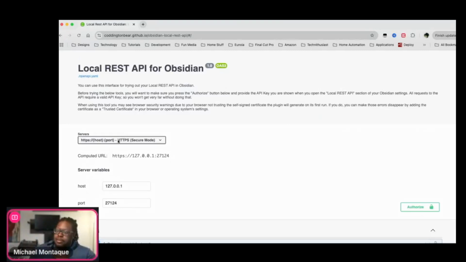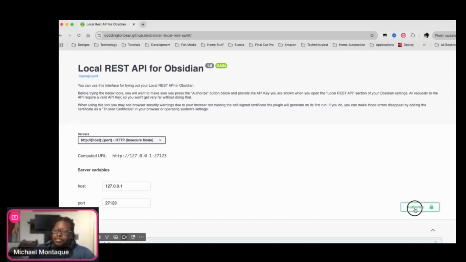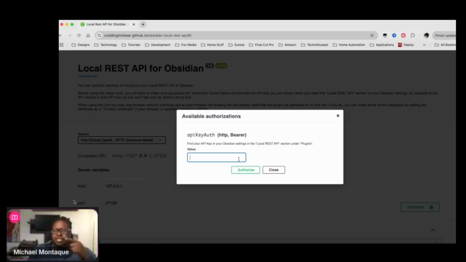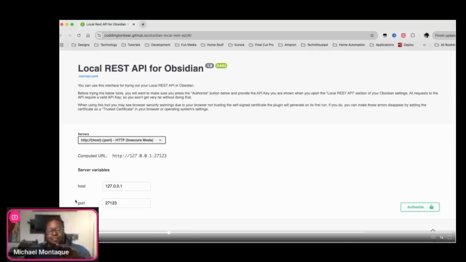Let's see if this would play. Right. So when you come through, you would say, set this as HTTP. You're setting the security of it. And we need to authorize it because this does use a security token. Once you do that, you can just paste it in. I'm not showing that part yet, but once you go into Obsidian and install that particular plugin, you're going to see very clearly the token that you would need to paste in.